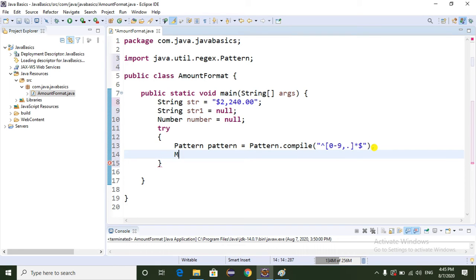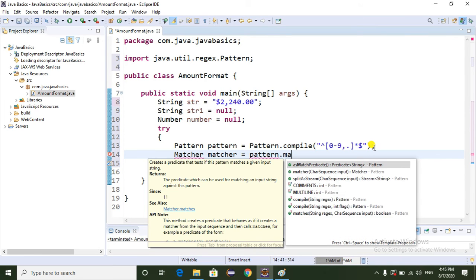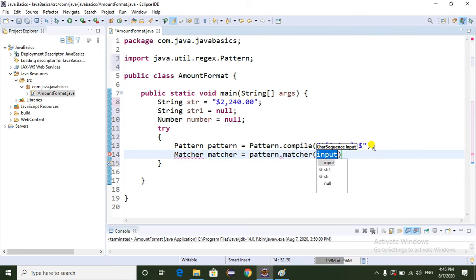Now I am going to add a Matcher equal to pattern.matcher. Here I am going to pass the string variable.